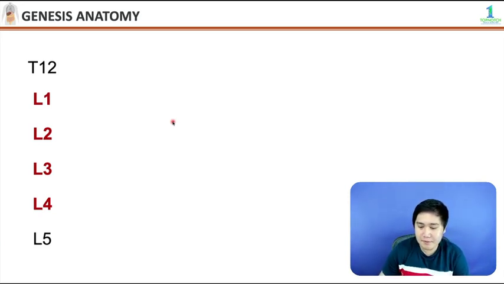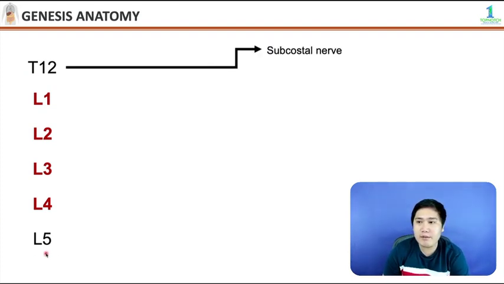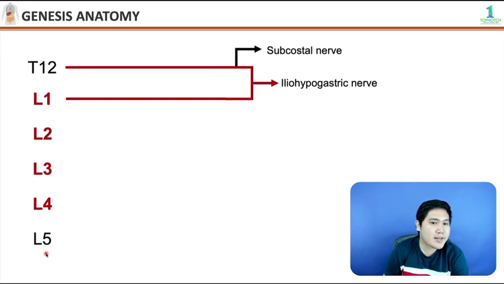Okay, this time, kaya natin siya i-drawing, no? Unlike your cervical plexus. Okay, so your lumbar plexus is actually coming from L1 to L4, no? Pero yung illustrations in your book, they include T12 and L5, no? Your T12 will form your subcostal nerve, okay? Your T12 is subcostal nerve, okay? Your T12 to L1, okay, will join to form your